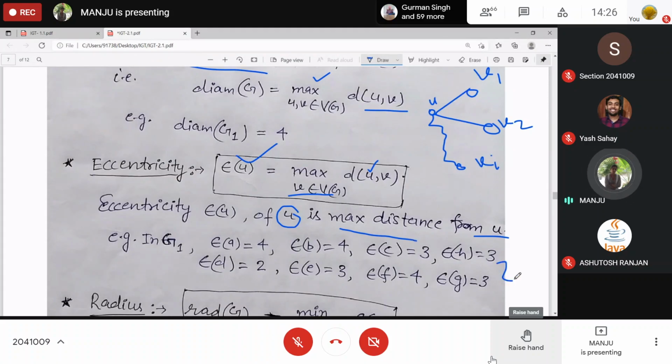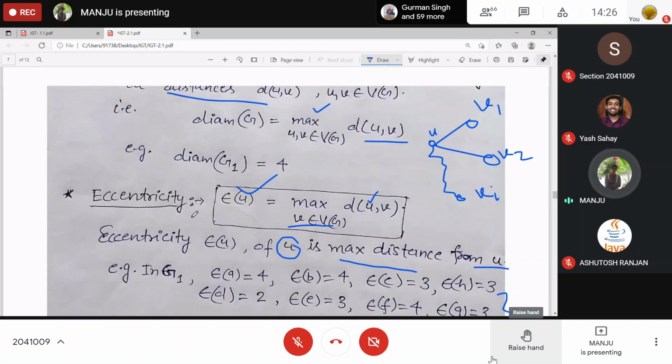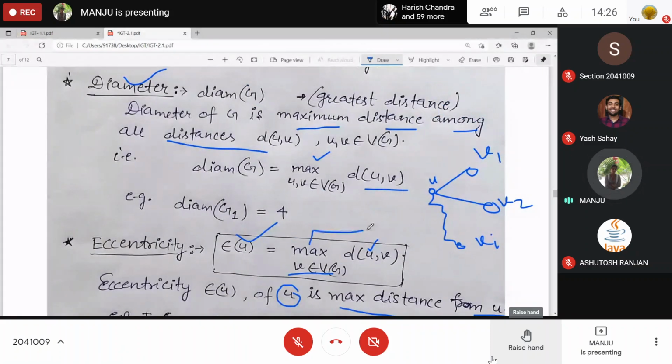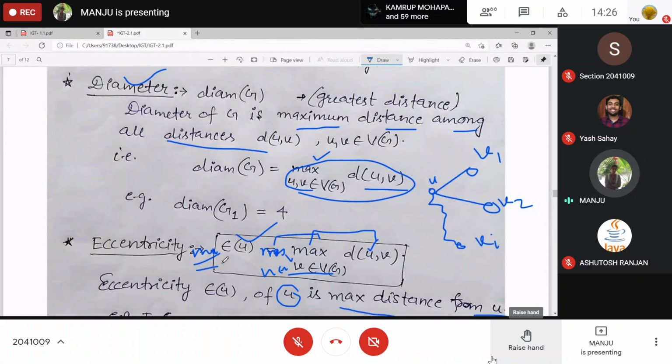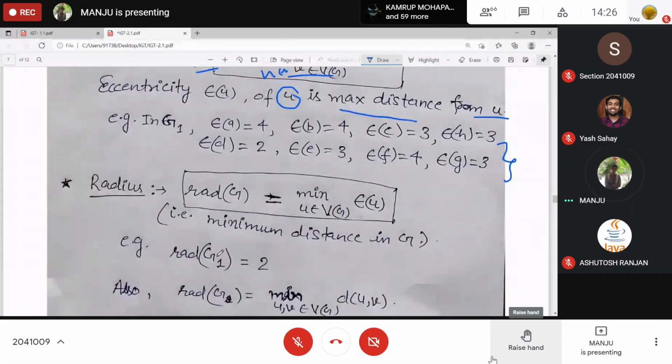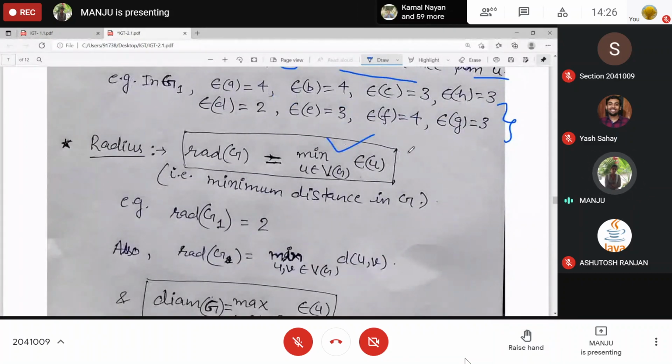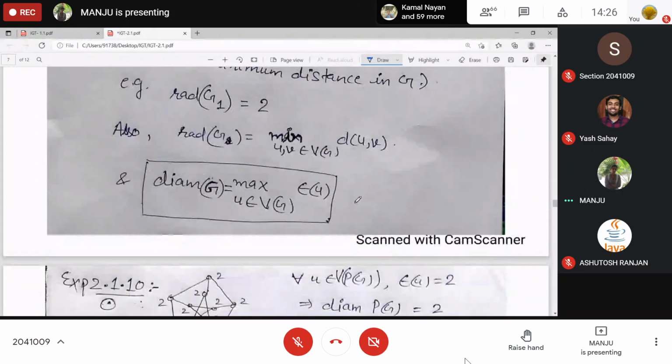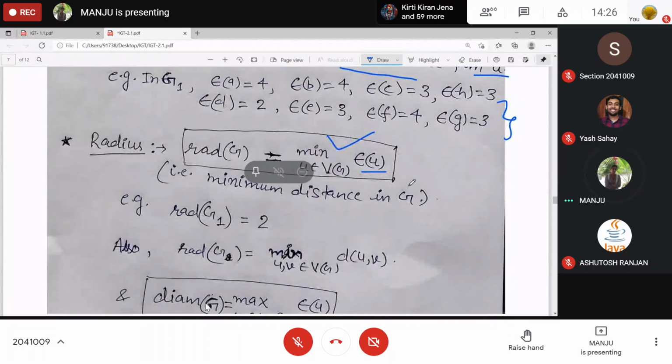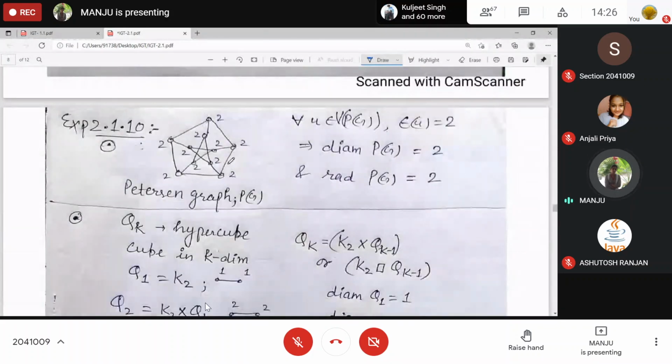Maximize it. And then you can easily find the diameter, because in this one, maximization of d(U,V) and then again maximize it over U, U belongs to V. Then maximum of U and V, distance of U and V. What is it? Diameter. So if you maximize eccentricity, that will be your diameter. Understood? And if you minimize the eccentricity, that will be your radius. Okay? Maximize eccentricity, minimize eccentricity. Then we discuss some examples.